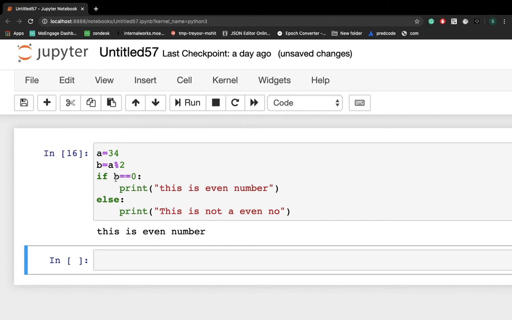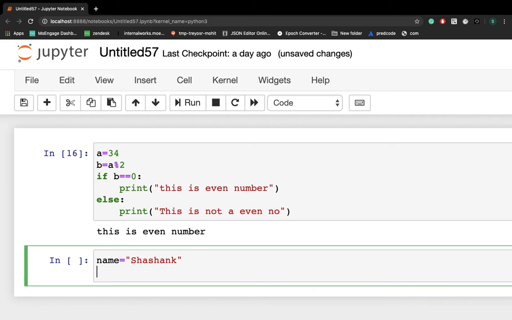Also, you can write a few more if-else conditions inside the same code, so let me write another example. I'm writing name as one variable and storing a string, my name, Shashank. Then I'm writing if name equals, let's say, ABC, a random name.